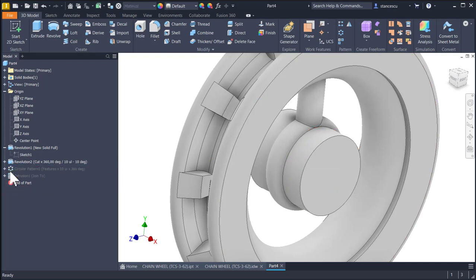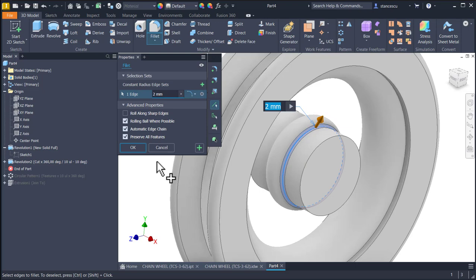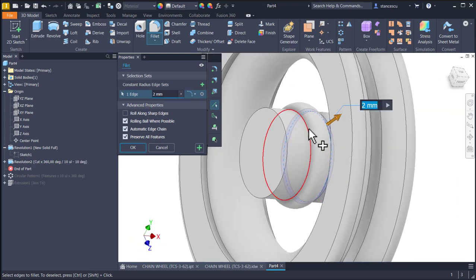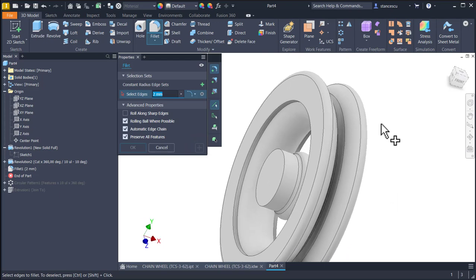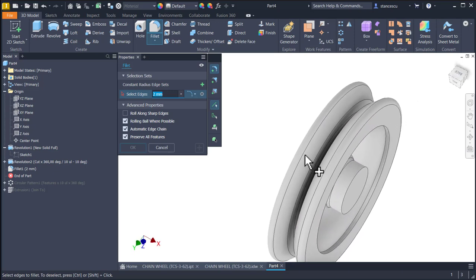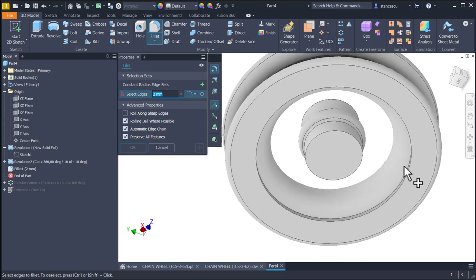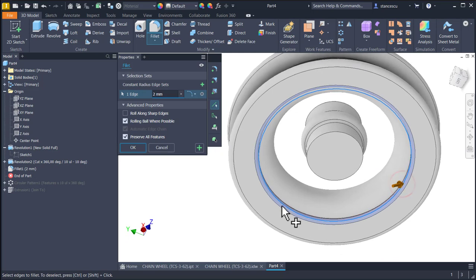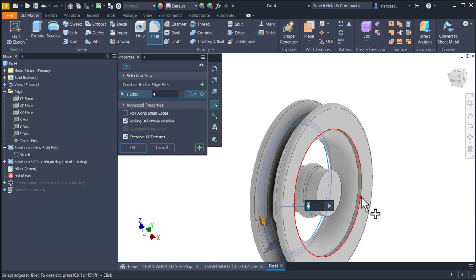I move this here and I apply a 2 millimeters fillet here, and I have to place another fillet here, but this is 4 millimeters. Okay,